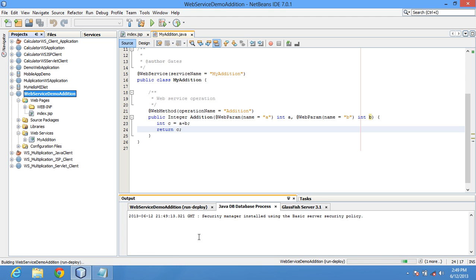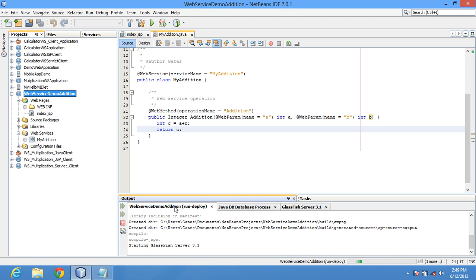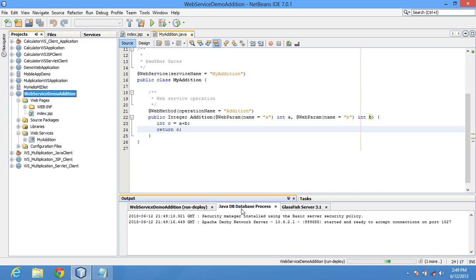Yes, the server is starting and the service is deploying. It is the first time, so it takes a bit more time for the server to start. We should wait for some time, and once it has deployed, we're going to test it.